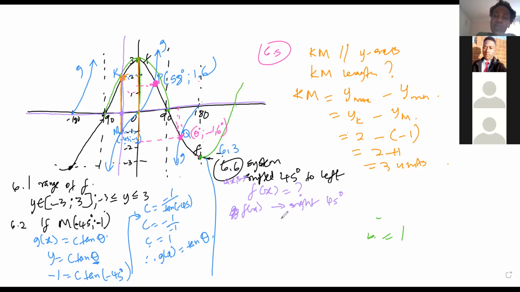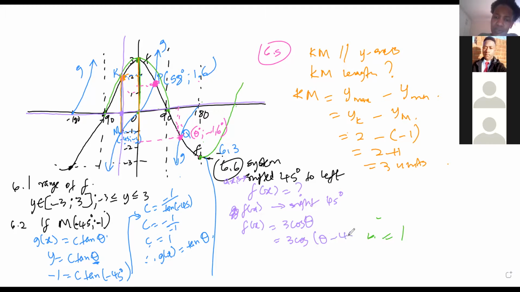are we adding or are we subtracting? Remember, your original f(x) is what? Let me check now. f(x) is 3 cos theta. Okay, so we shifted it to the right. So that means we've got 3 cos